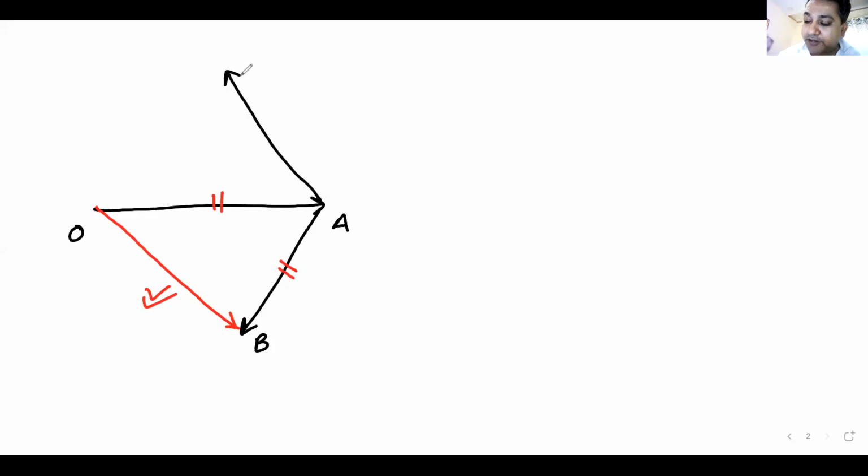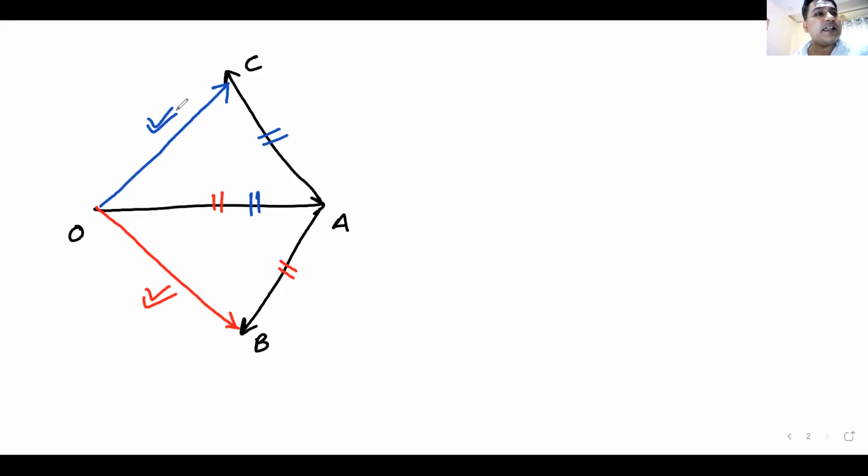One vector could have gone here. So OA vector plus AC vector. Now give me the answer for this one. What is the answer for this one? OC vector. Correct, beta. Very good. Very nice. OC vector. This vector plus this vector becomes this vector. Again, I have used triangular law. Am I clear with everyone?